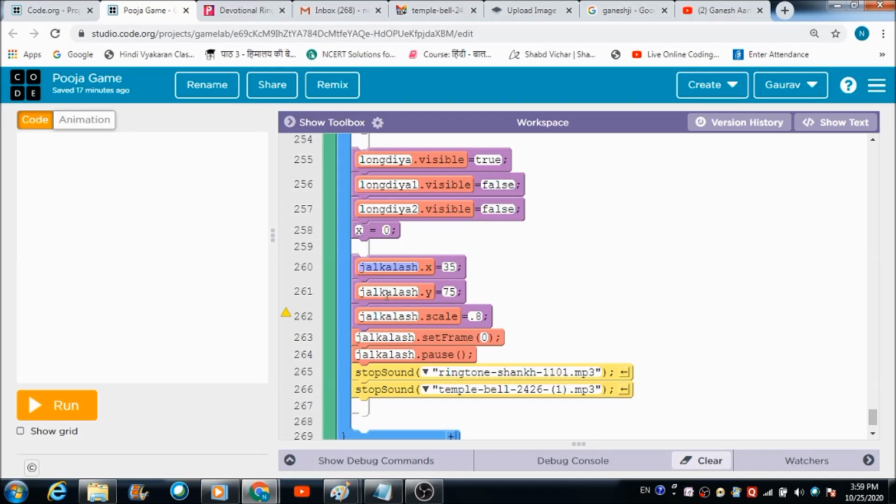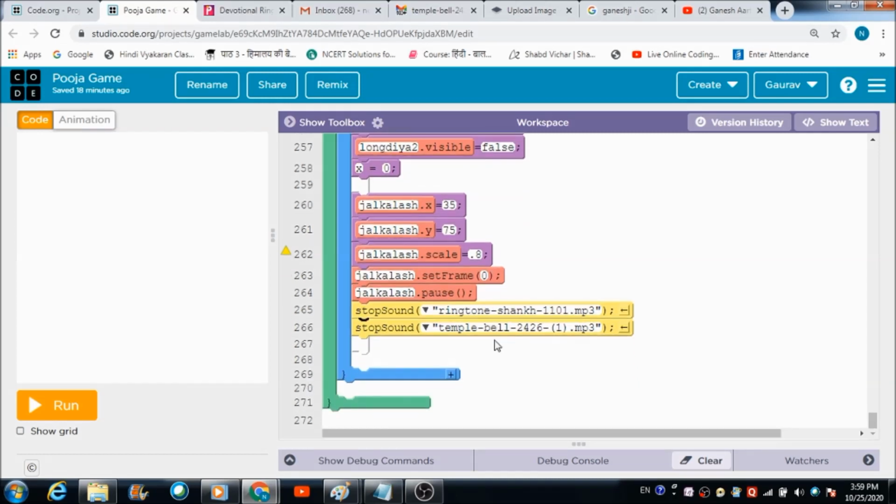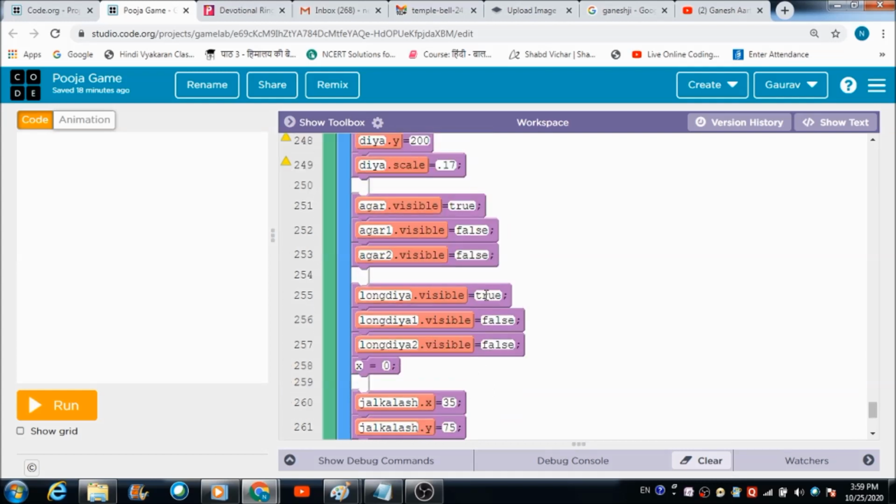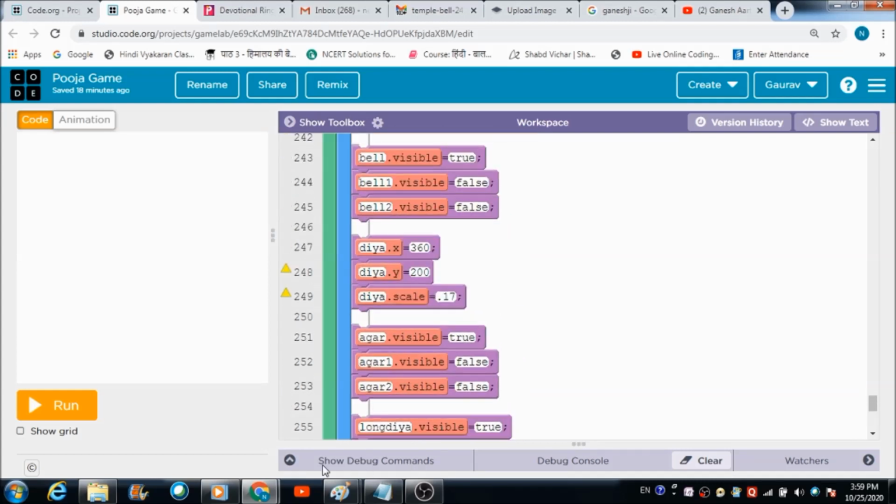Jal Kalash, this is the code for Jal Kalash. And the two sounds which we have made use of, the temple bell sound and the shankh sound, are also going to go down, or you can say they will also stop. Fine, so this is the whole code that I have made use of for making this app. Let's see